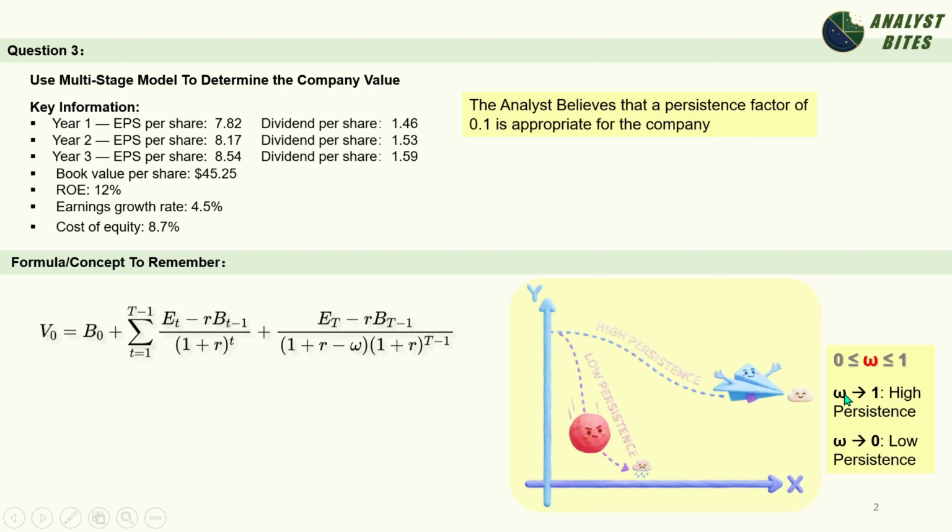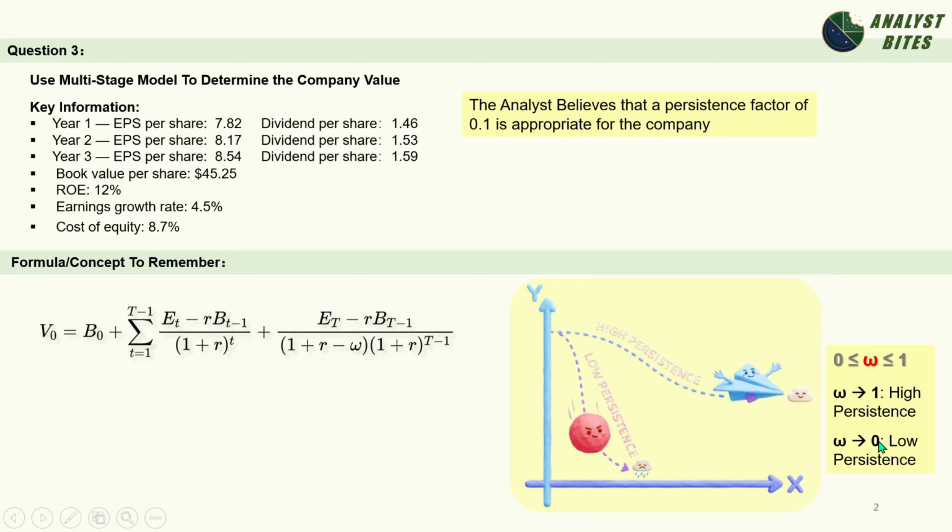If omega is close to 1, it implies that the company has a strong advantage or a moat. It's like this airplane. It can glide for a long time without landing. Think of a company like ASML. It is the only company in the world that makes the advanced machine needed for microchips. Every chip maker depends on their machines to survive, so they can enjoy high profits for a very long time. That is a high omega.